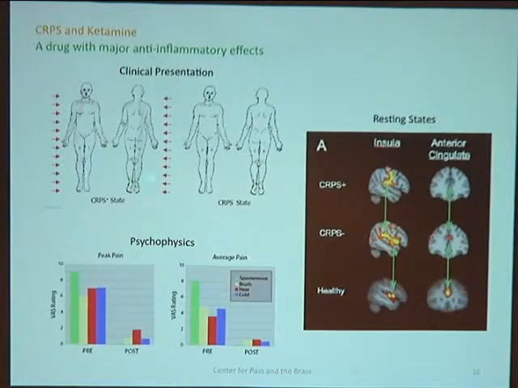But here's this young lady in the CRPS positive state, and she drew the affected regions. And just like we heard yesterday, she too had a neck injury or arm injury from a motor vehicle accident. And this was her own drawing again when she came back to see us. So she came in, she had these psychophysic measurements pre and post for peak pain, average pain. And what we did, and more details are in the paper, is looked at, amongst other things,